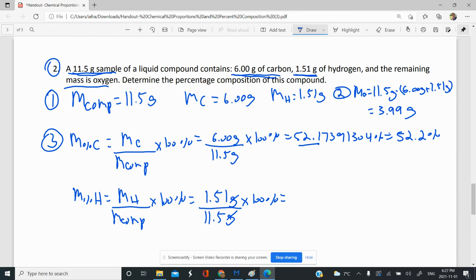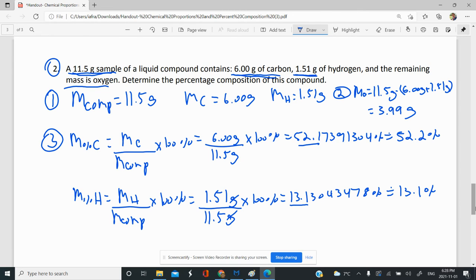So let's go ahead and do that. 1.51 divided by 11.5 times 100. And I get 13.13043478%, or to 3 sig figs, let's do 13.1%